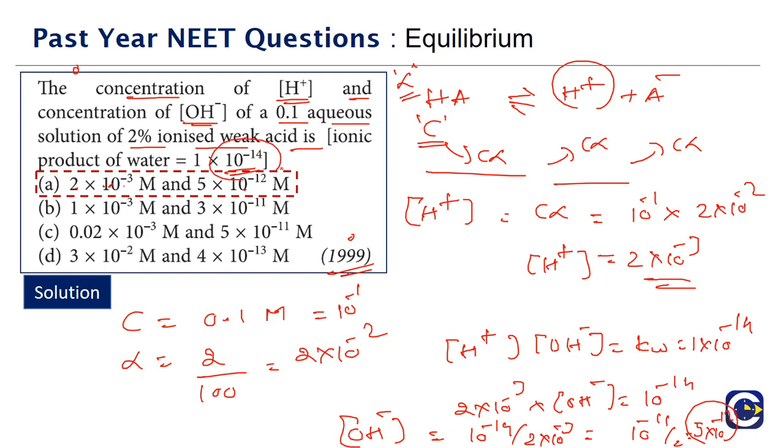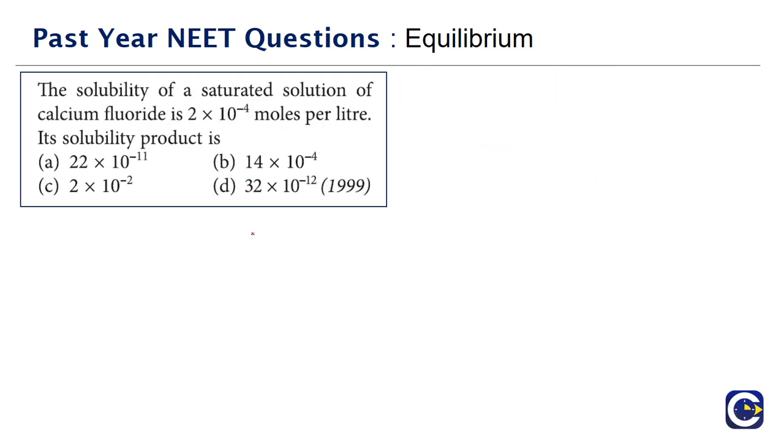In fact, some people will even check it like this. If you just look at the options, right? Option B, if you try to multiply them, H plus and OH minus, you are not going to get 10 power minus 14. Here also, if you multiply them, we will not be able to get 10 power minus 14. Option C also, multiply them, we will not get 10 power minus 14. Option D also, we will not get 10 power minus 14. So that way also, we can just check and conclude. But very rarely will they give these kind of options where you can do it by the verification of options. Let's go to the next question.